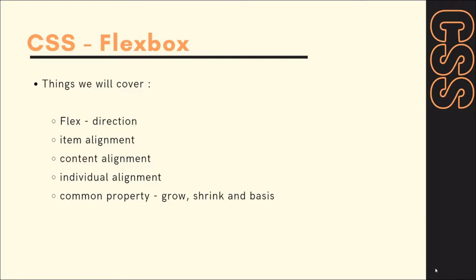Moving towards our next module, that is CSS Flexbox. Like we have seen previously regarding the positioning property and the floats, both are used for alignment or positioning the containers. This is the third technique with which we can position or align the particular container or element. So in this module, we will cover flex direction, item alignment, container alignment, how to individually align the particular individual element,